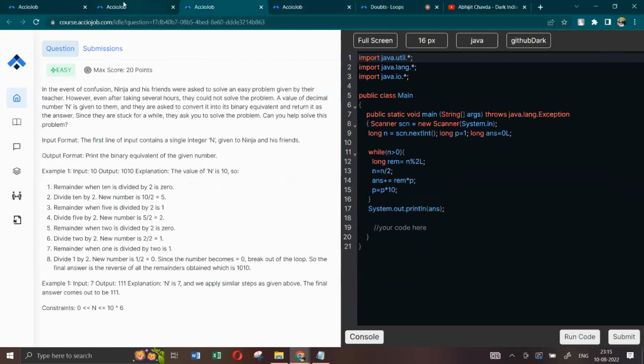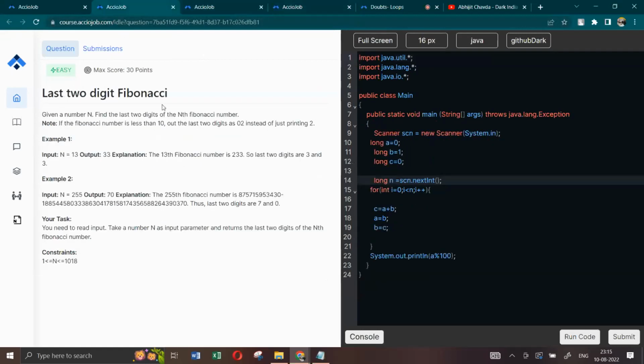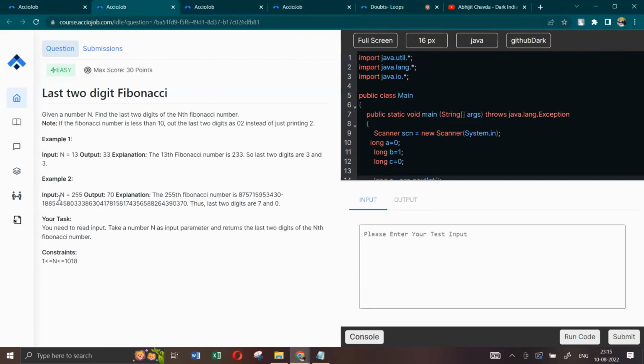और सर जो वो वाला क्वेश्चन था ना लास्ट टू फिबोनाची, तो इसमें जो इसका आंसर आएगा तो वो टू डिजिट नंबर ही आएगा, पर जैसे यहाँ पे हमें इनपुट इस एग्जाम्पल 2 में दे रखा है, अगर मैं n is equal to 55 करूँ तो मेरा आंसर बिल्कुल गलत आ रहा है, लेकिन अगर मैं n is equal to 13 करूँ तो मेरा आंसर 33 सही आ रहा है। तो मतलब बात वही हो गई जो आपने बताया था। हाँ यस सर, बात तो वही होगी कि मेन ऑपरेशन तो उतने में ही चल रहा है,